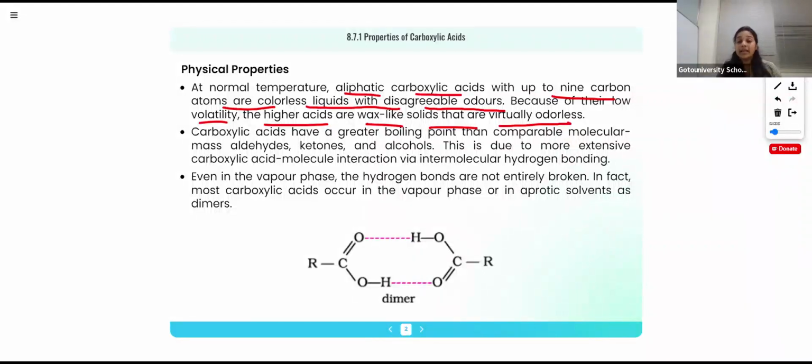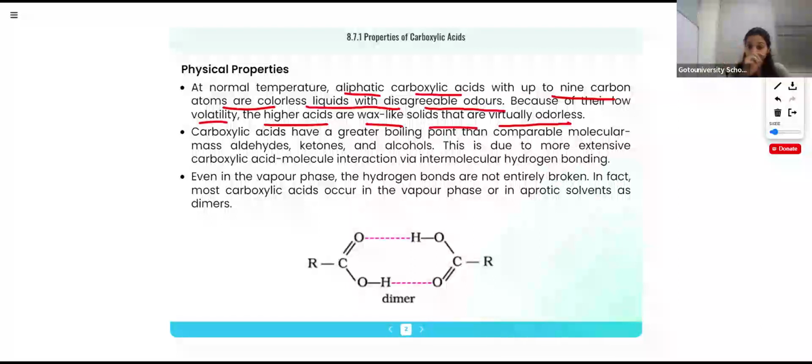In the case of boiling and melting points and the solubility of alcohols, we discussed that in the last class. I told you that when the number of carbon atoms or the molecular mass is increasing, the boiling point is increasing. When the branching is increasing, it is decreasing. When the chain length is increasing, the boiling point is increasing. Why? Because when the chain length is increasing, there is a maximum